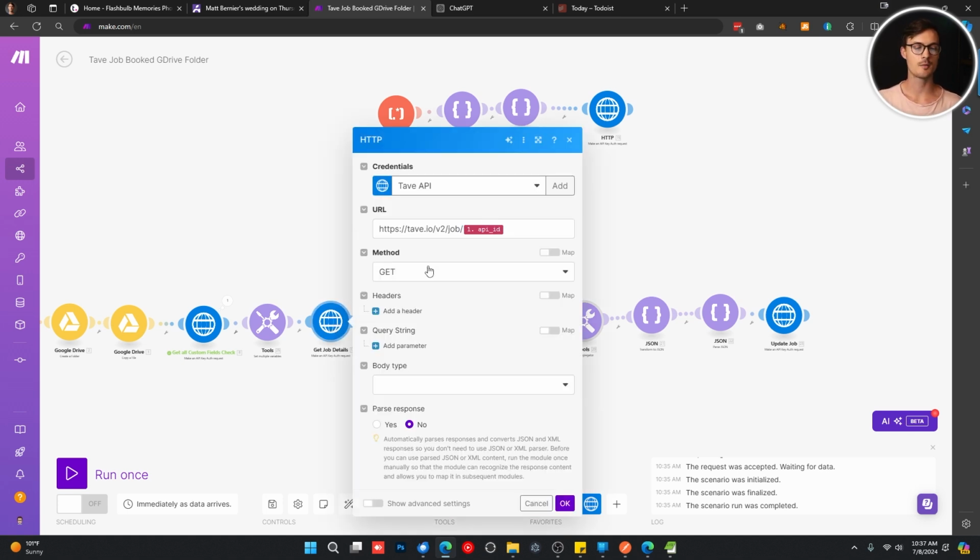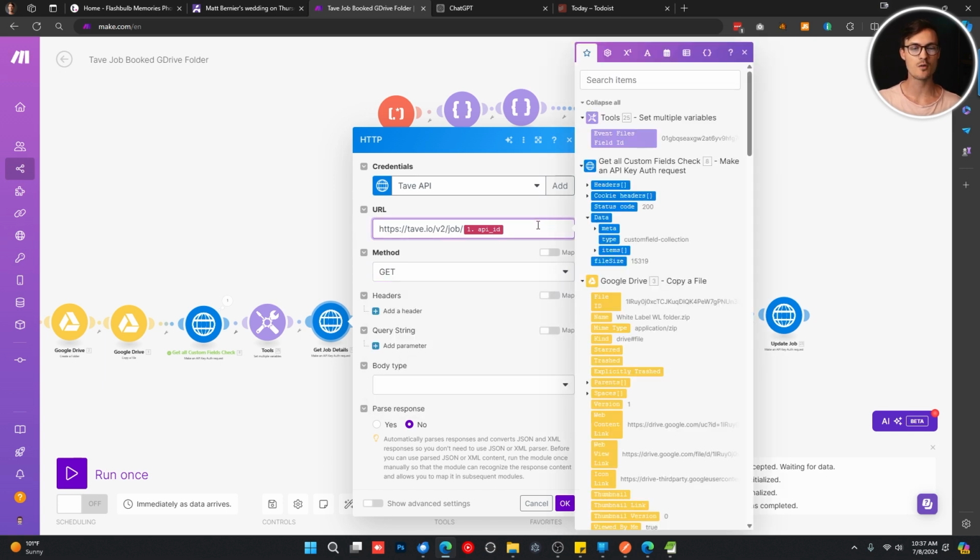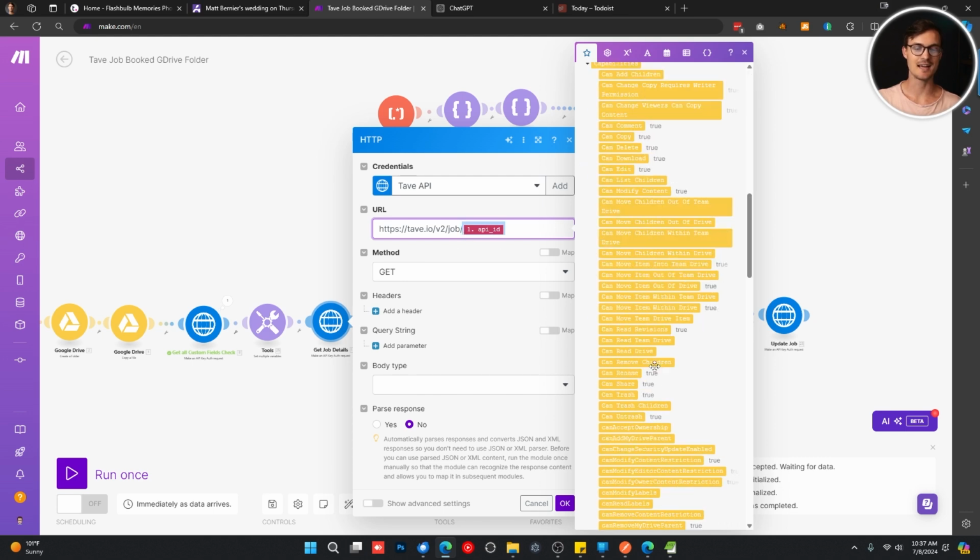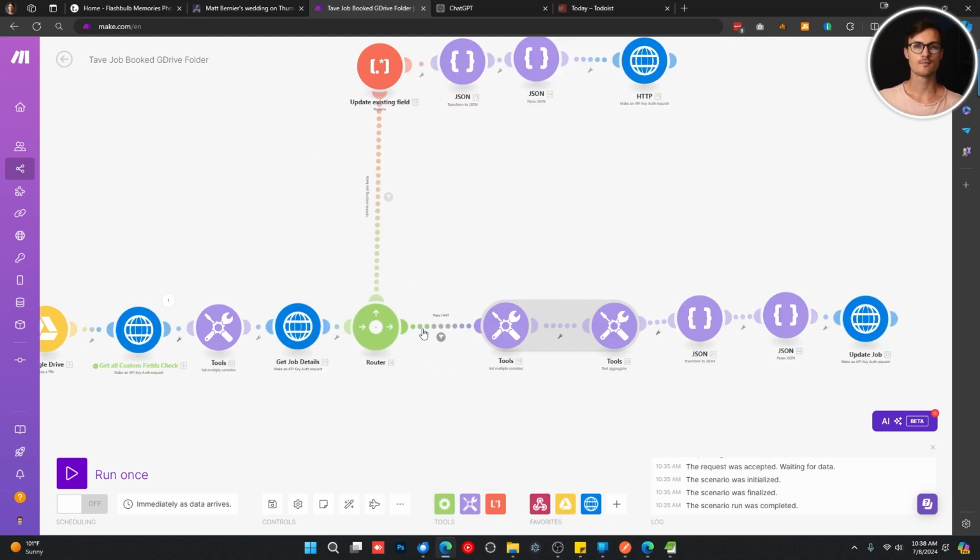So for this get job call, it's just a simple get request to the job endpoint with your API job ID at the end, which we get from our webhook step. Now, this router step allows us to branch in two different directions. So if the field value does not yet exist in our job, it's going to create that new value down